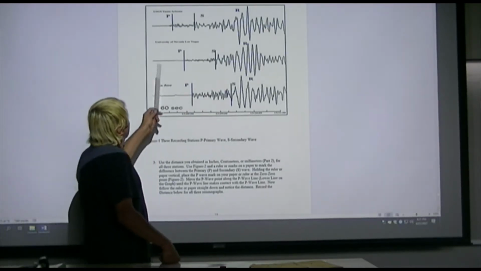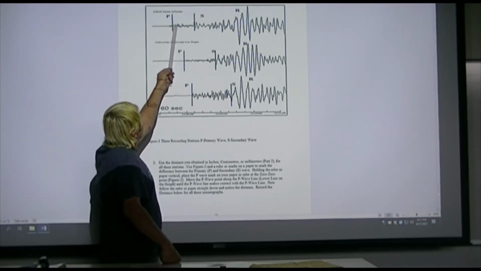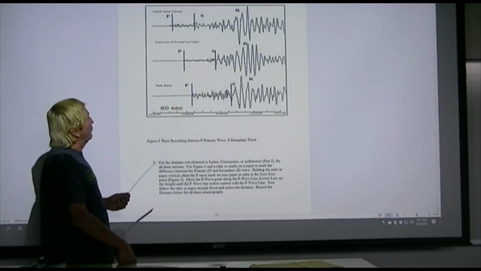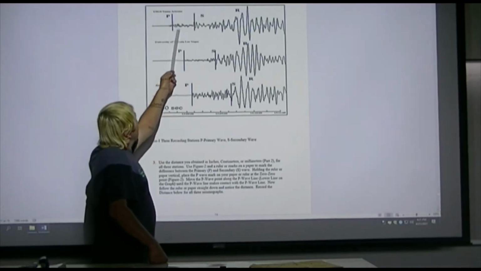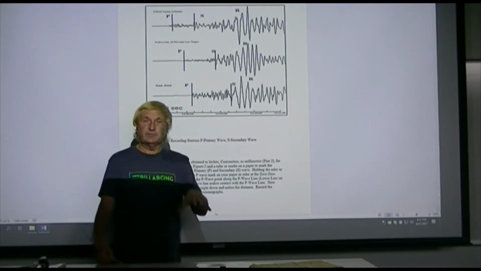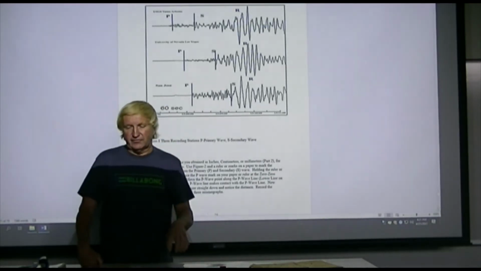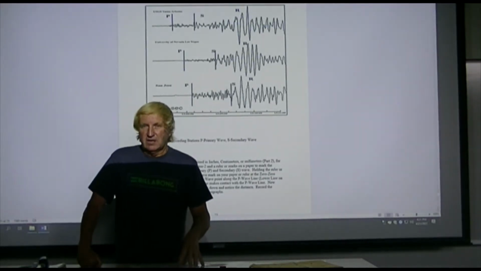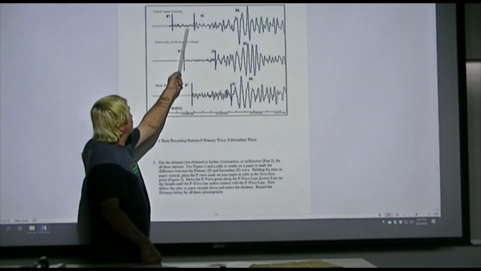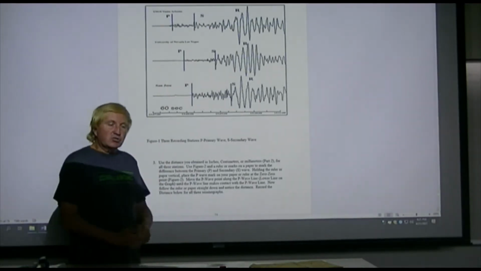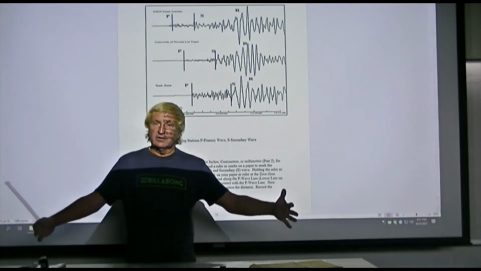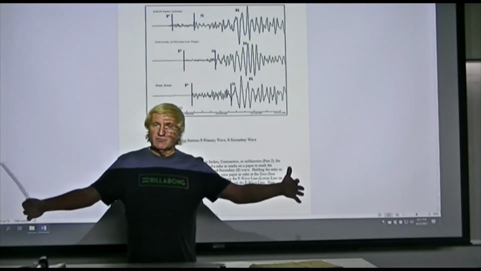And so notice that there are different waves. There's P waves, there's S waves, and there are R waves. We're not going to worry about the R waves so much. We're going to look at the P and the S waves. So if an earthquake occurred right where the seismograph was located, so let's say there's a seismograph at the University of San Diego, and that earthquake occurred right there, that was the epicenter. The P and the S waves would be together. They start together, and then as they move away from the epicenter, and they gain distance, and they move further and further away,